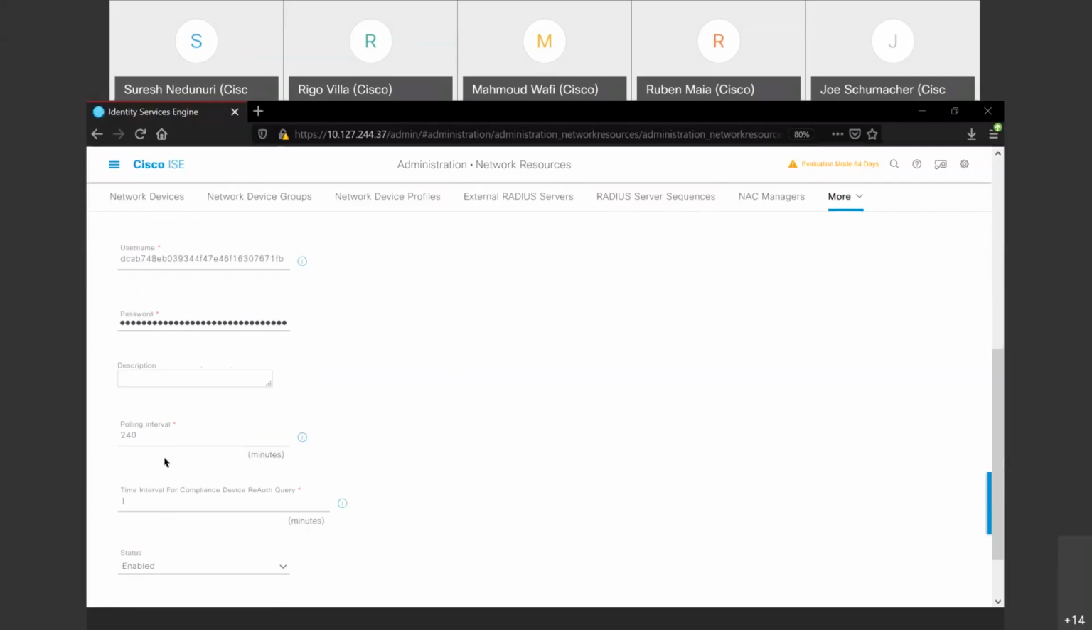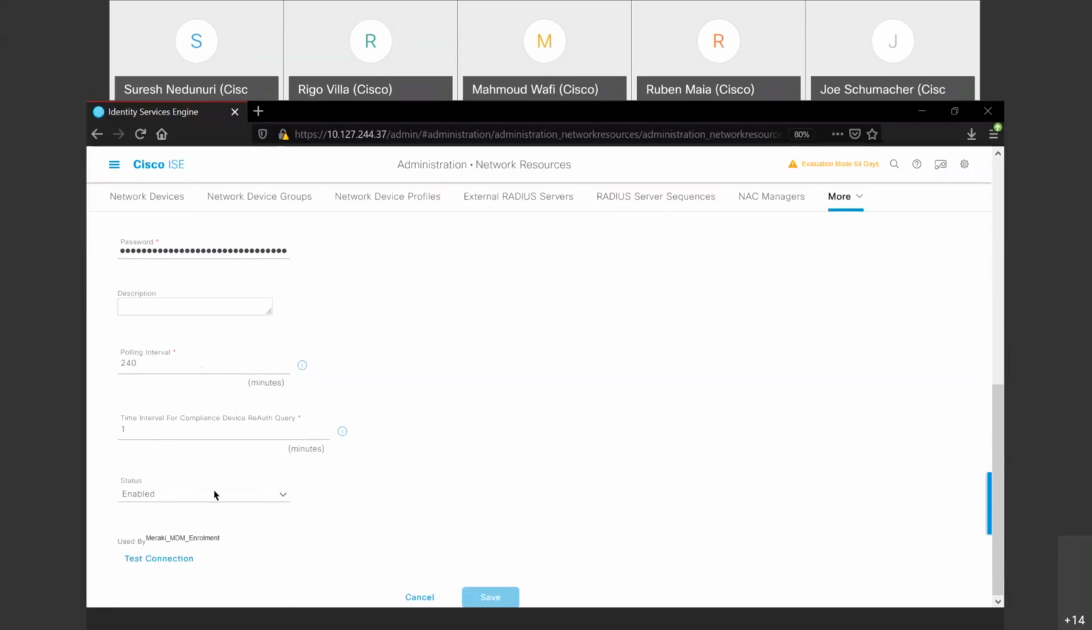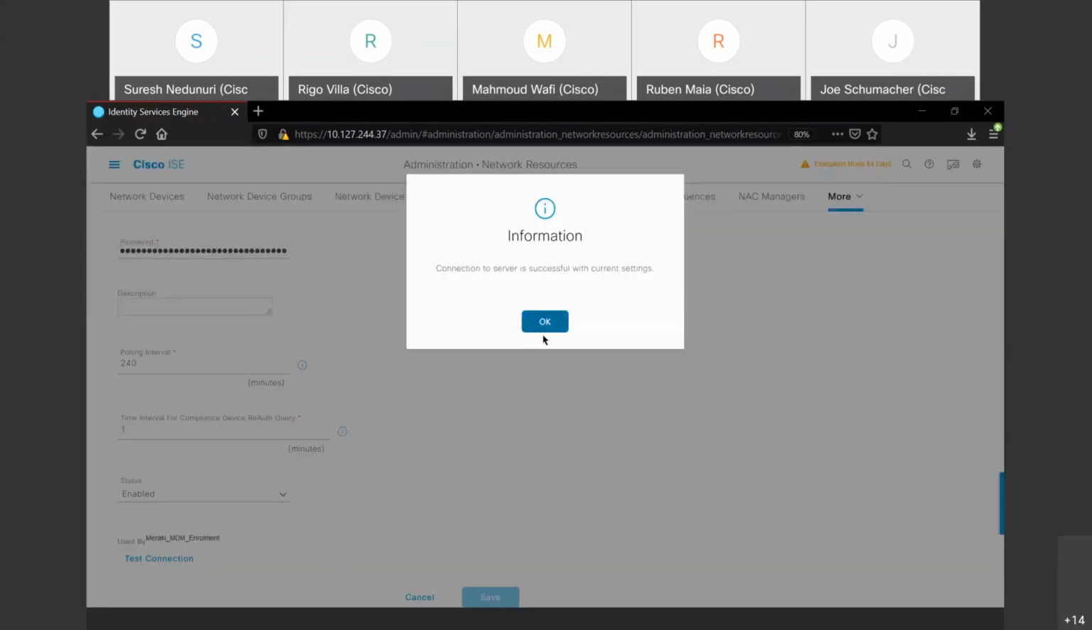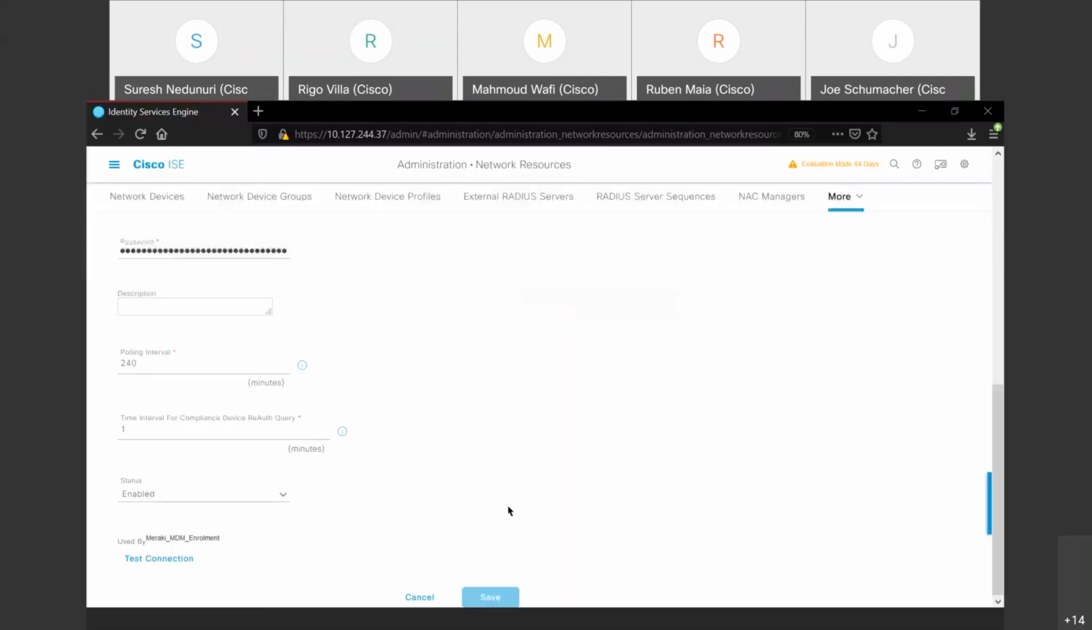And then the rest of them are kept default, right? And once we test the connectivity, it should show as successful. Then we are good with the MDM integration side. So once we integrate the MDM and enable it, at that time only you are going to see the attributes we showed on the slide, like the jailbroken, all those conditions will be available on the